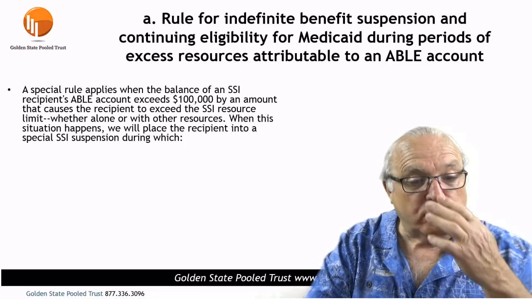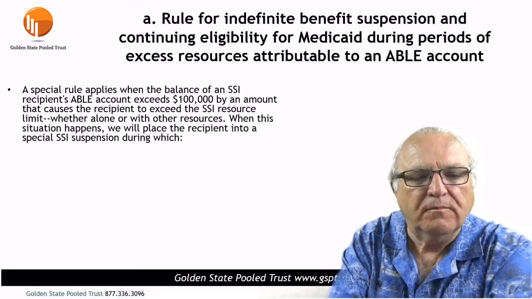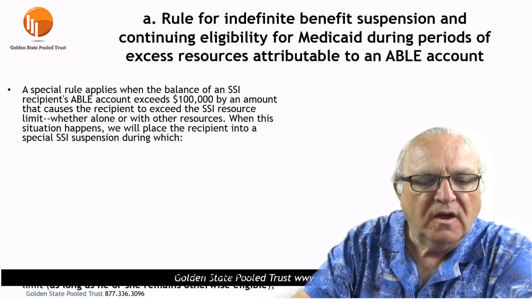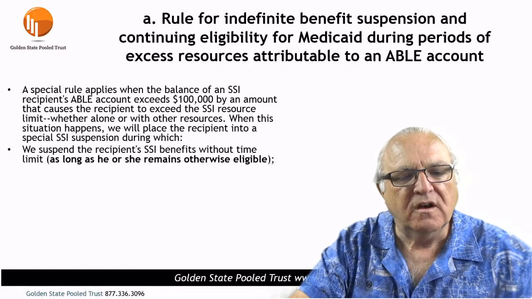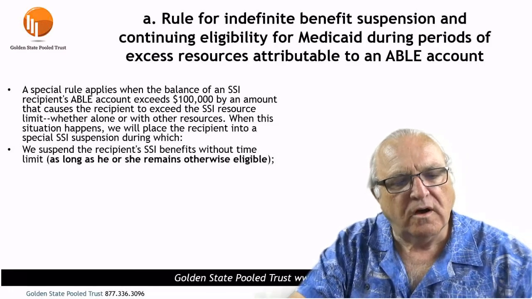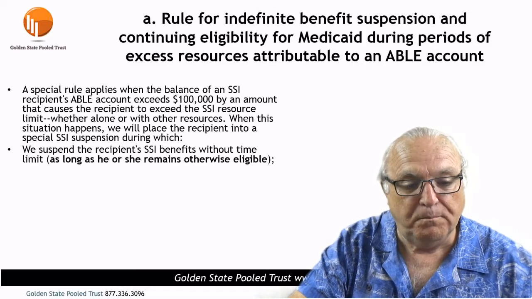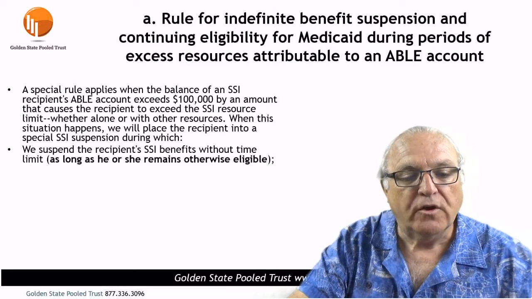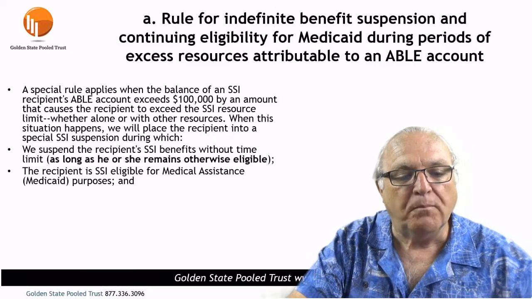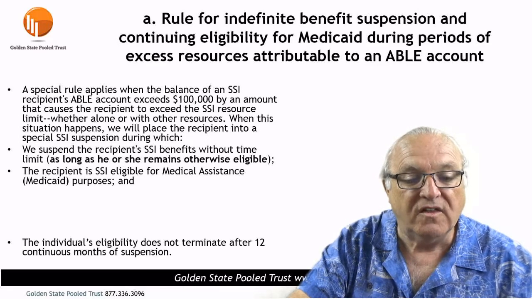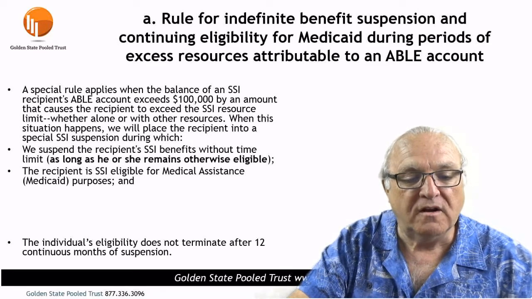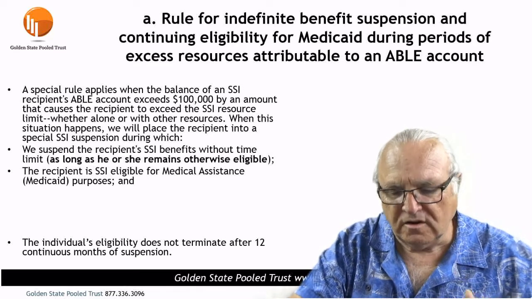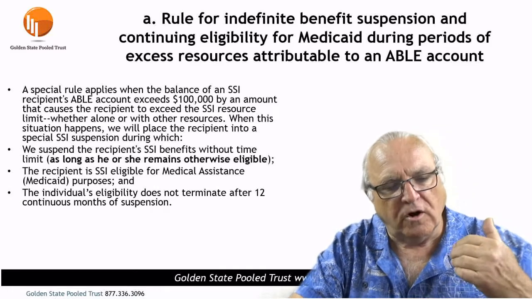So, a special rule applies when the balance of an SSI recipient's ABLE account exceeds $100,000. Once again, SSA will suspend the SSI benefits so long as he or she remains otherwise eligible. The recipient is SSI eligible for Medi-Cal and Medicaid purposes, and the individual's eligibility does not terminate after 12 continual months of suspension. For those of you that are not fluent in this, if you are SSI,